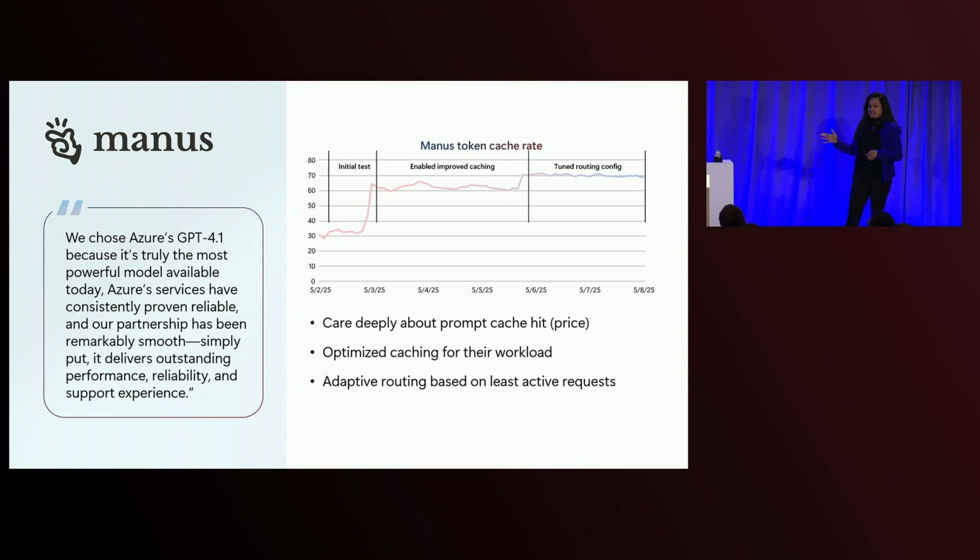That's absolutely right. So they are a chat workload at the end of the day, but what sets them apart is they are constantly passing larger prompts. A portion of the prompt, which is the prefix, and the large prompts are passed on. And as you can see in that graph, it automatically gave them a very high benefit of prompt caching. They started at about 30%, and then we made some improvements to get them to 70% prompt caching, and they were able to reap great benefits from a price perspective.